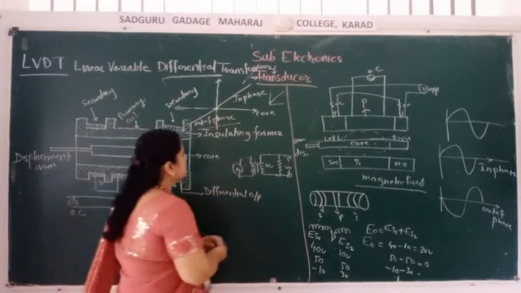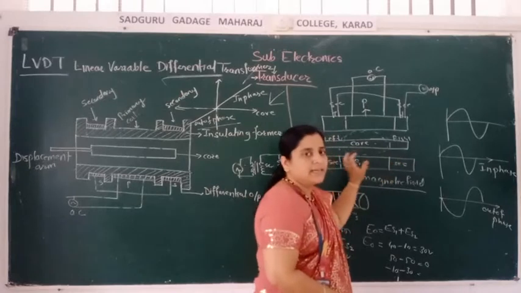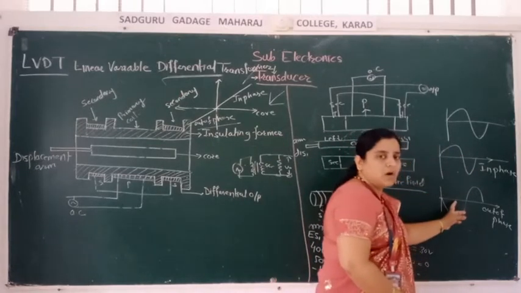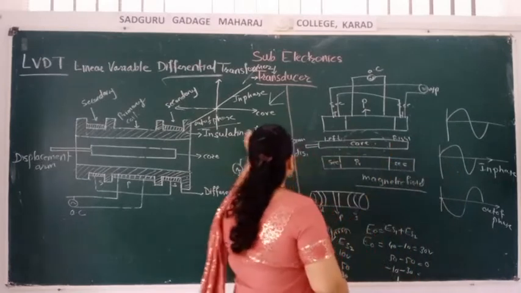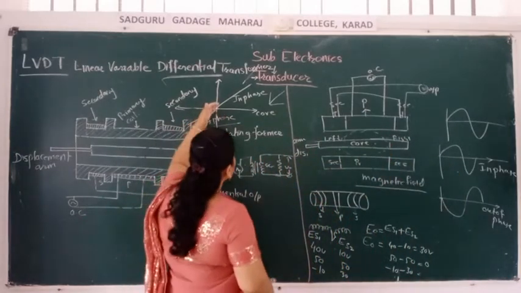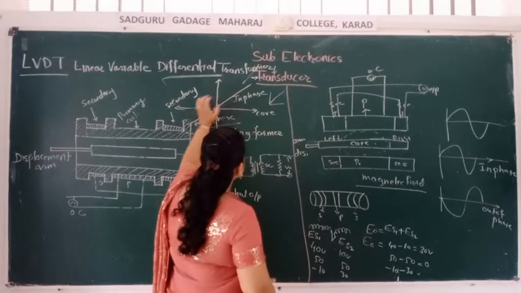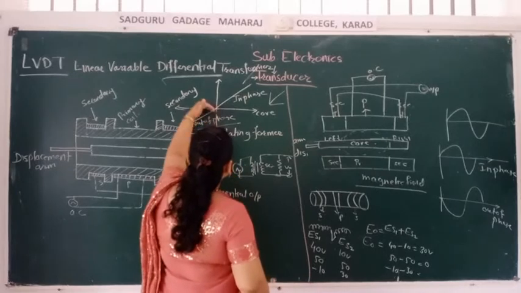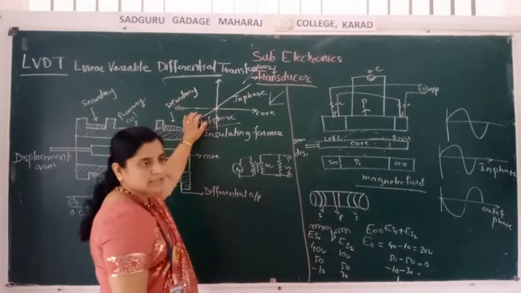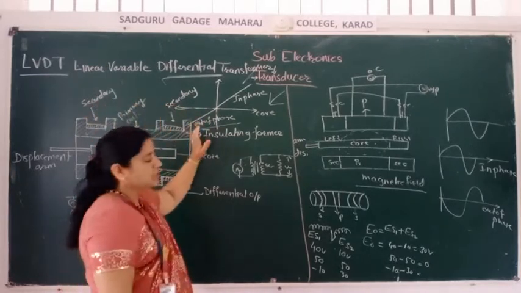Okay. So, what's the function here? This core is moving to the left and right side. Depending on that, this waveform will be in phase or out of phase. This waveform can be shown by this graph. That is how the core is moving. If it is in phase, it is linear in this section. If it is out of phase, it will move here in the downward section. Okay, this is the graphical representation of the linear variable differential transducer.